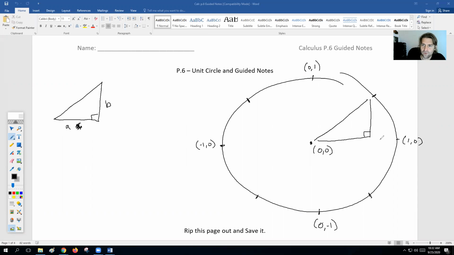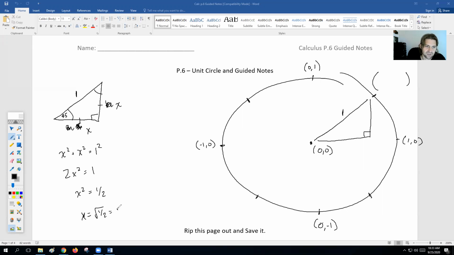I could figure out how far over our X value is and how far up our Y value is. Well, the one thing in a 45-degree triangle is that these two angles are the same, meaning that these two sides are the same, so we can both call them X. And since this is a unit circle, we know that the radius is 1. So I can do the Pythagorean Theorem here and say x squared plus x squared equals 1 squared, or 2x squared equals 1. X squared would equal 1/2, and when I take the square root of 1/2,